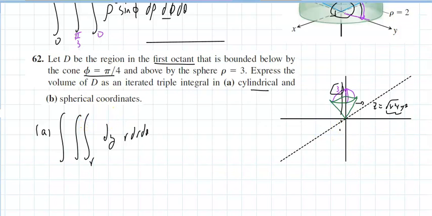It's going to exit out of, no, take that back, I'm sorry. It's going to exit out of this: x squared plus y squared plus z squared equals 9. So z equals the square root of 9 minus x squared minus y squared, or simply the square root of 9 minus r squared. And it seems theta is going to run from 0 to pi over 2. We're only going to terminate on the first quadrant. And r is going to run,